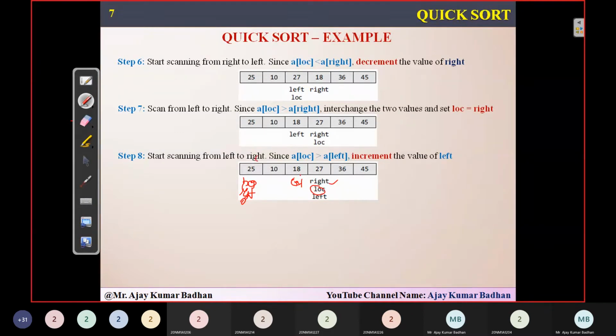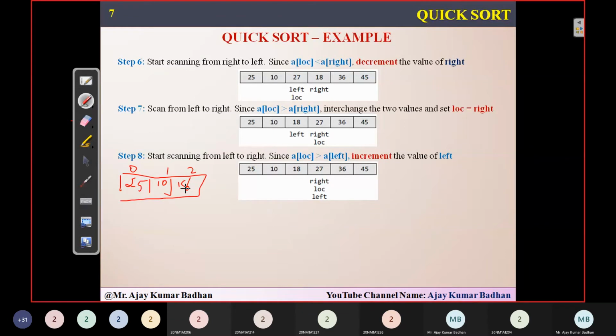So this time what happens here? Okay, I'll show you here. This time you'll be getting 25, 10, 18. These are the elements you have got. So this is 0, 1, 2. Now right is here and this is your left. And the same thing, whatever we have seen here, I'm going to apply here again. So this time the location is this, meaning 25 is my pivot point. Now this 25 I'll be comparing with 18.